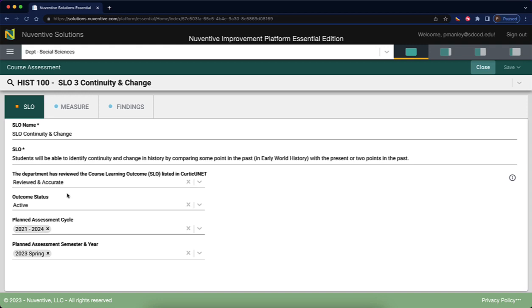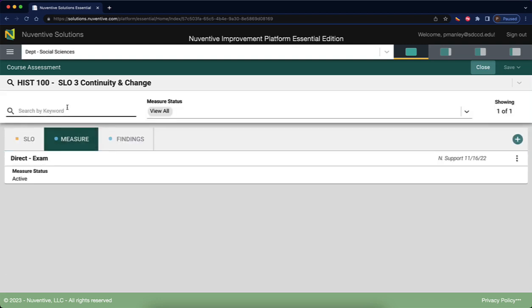So after I've given some basic information about the outcome and when I'm going to assess it, my next step would be to go to the Measure tab. And you can select that. And here I say how am I going to measure it? So I've added a measure of a direct exam. Now you may need to go in and add measures for your SLOs. We did bring some over when we could, but some outcomes may not have measures, but it's really easy to